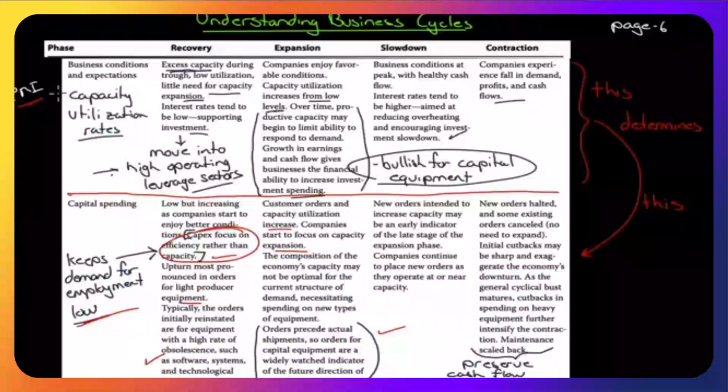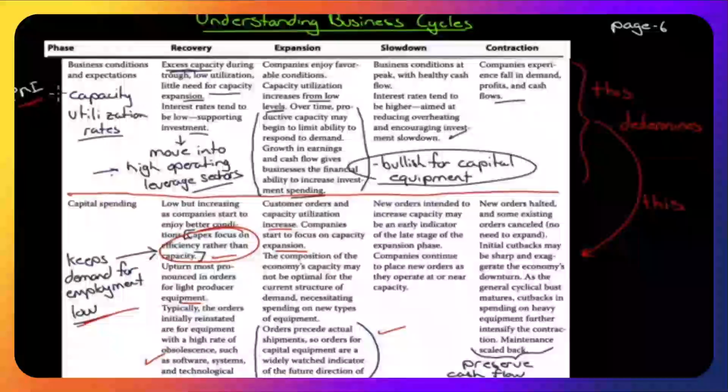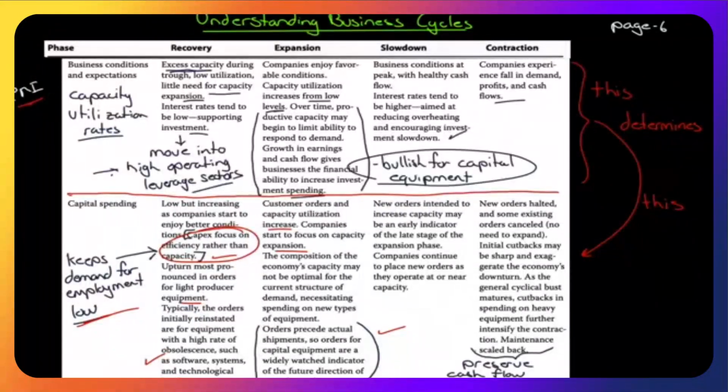But it measures whether new orders are increasing or decreasing. So it's within the PMI manufacturing data. And I don't think PMI manufacturing is unique to just the U.S. I believe there are European counterparts to this as well. In the slowdown, new orders intended to increase capacity may be an early indicator of the late stage of the